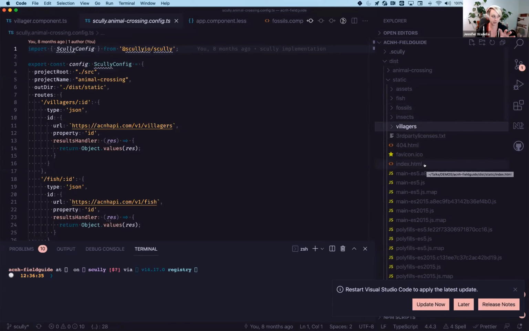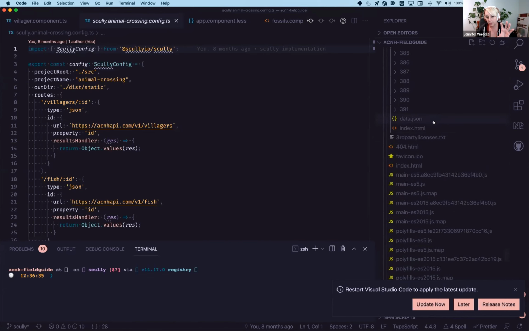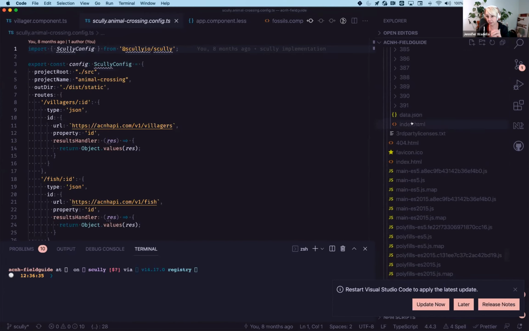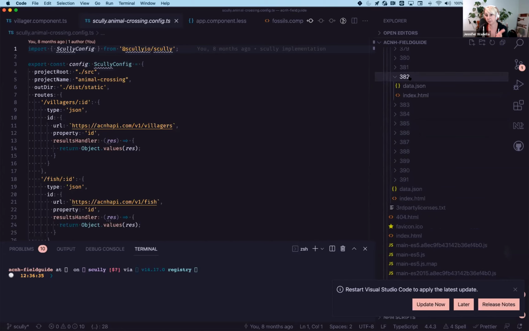So here's our base one, that's the base of our application. And in our villagers, sorry, as I scroll forever, it's going to create a villagers index.html. So when you navigate in the browser to /villagers, it's going to serve this index.html file. If you go to villagers/382, for instance, it's going to serve the index.html file inside of this. So it's old school, the kind of stuff we'd put on FileZilla back in the day, right? A way of serving a web application.